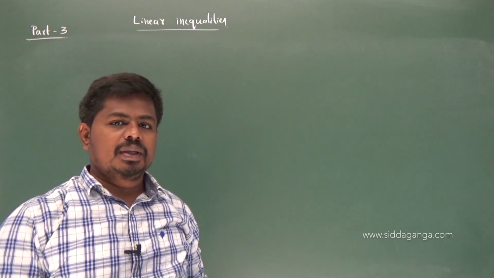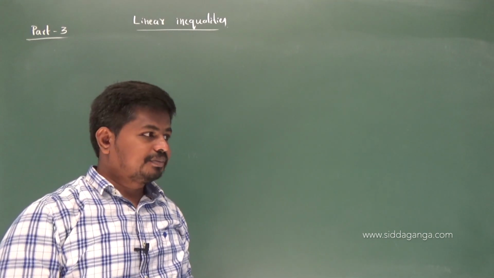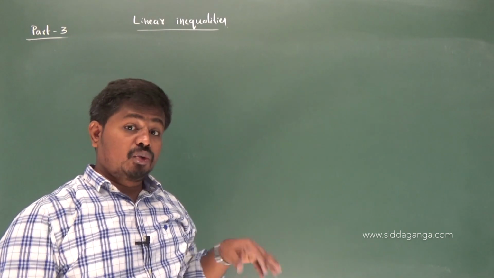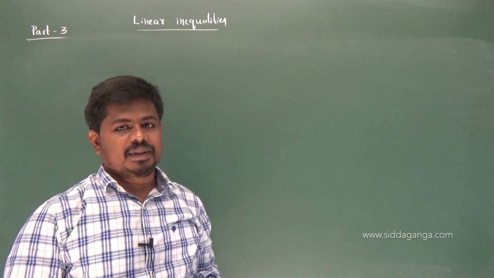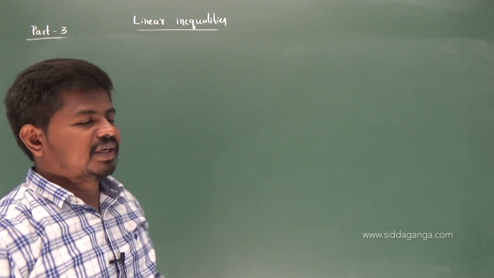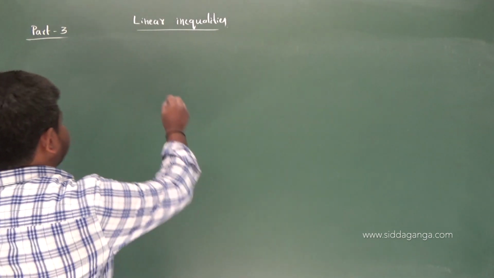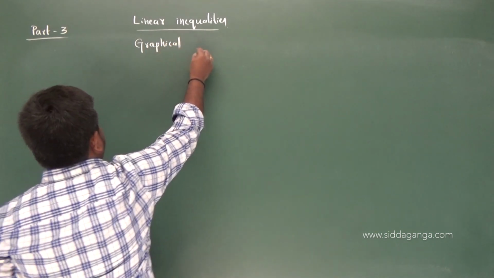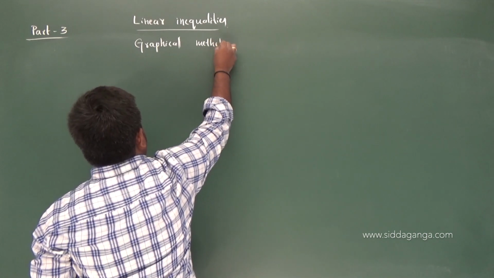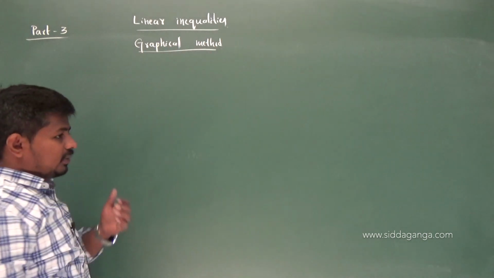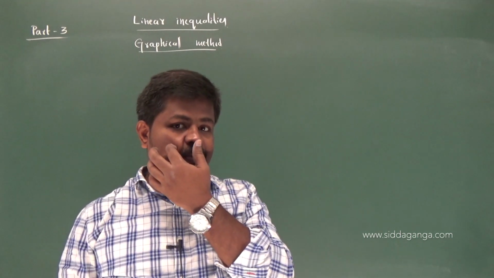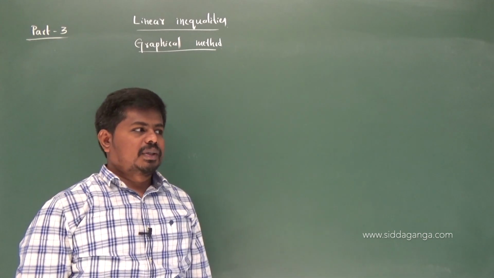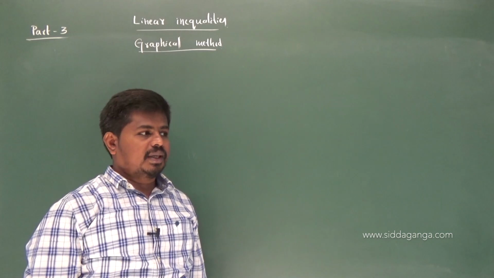So these are the 4 rules we have used in solving inequalities in one variable. Now let's look at how to solve linear inequality in two variables using the graphical method. Most important for the purpose of the annual examination, you get a 5-mark question from this, a simple one. You can easily get the 5 marks from this chapter, and there will be a compulsory question from this chapter for 5 marks. Very simple question, and graph paper is required for this, and in the examination they will provide it.